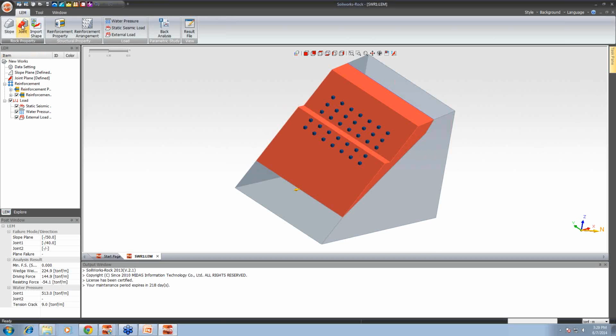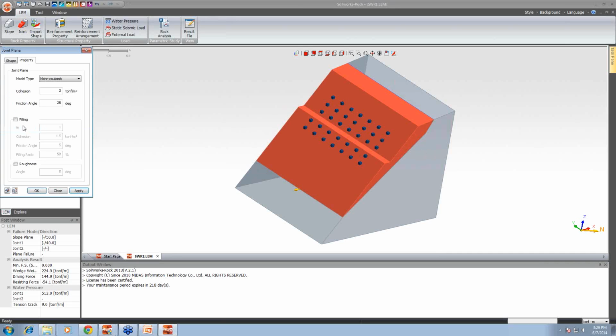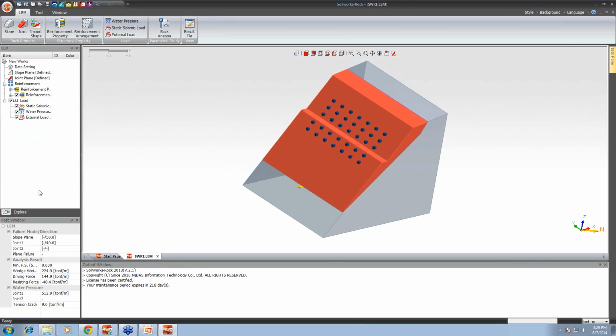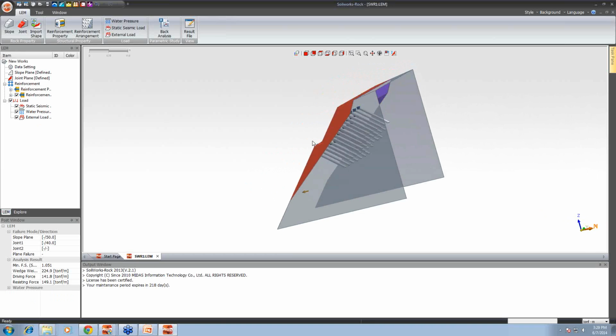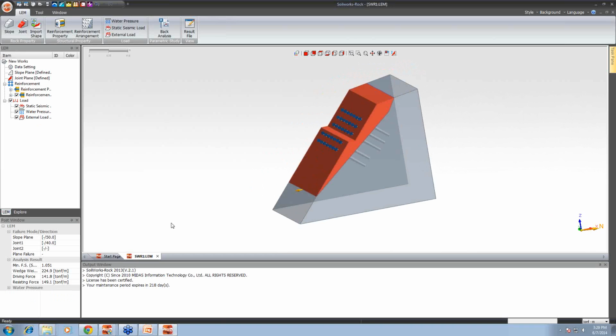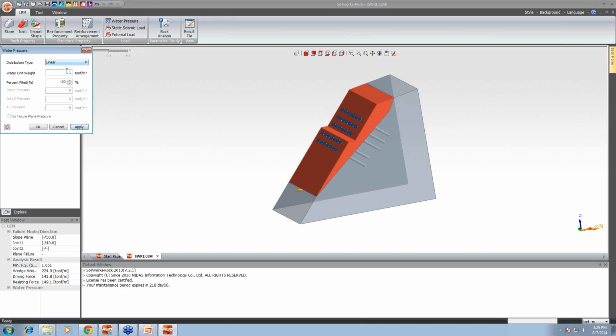Okay, now if you want to consider the properties in the filling and the roughness, you can just click OK, and I'll just delete the water pressure for now, and now you can see what is the factor of safety for your particular model. It's coming as 1.051 when I'm not considering the water,